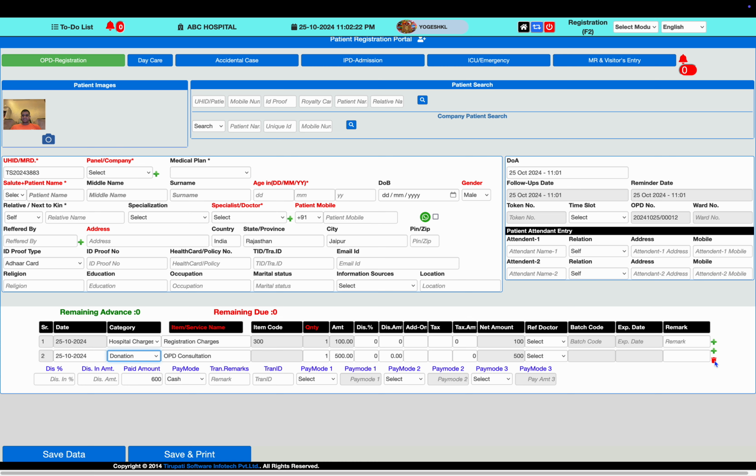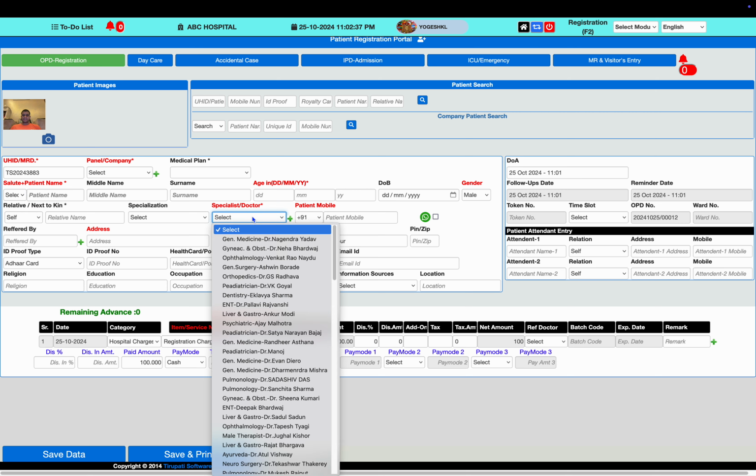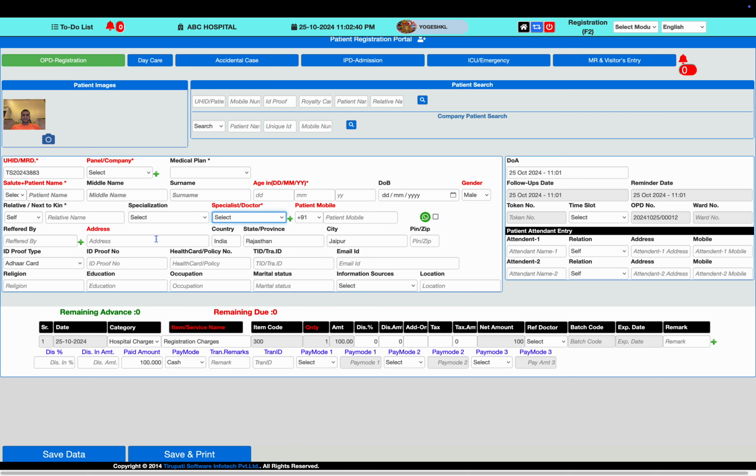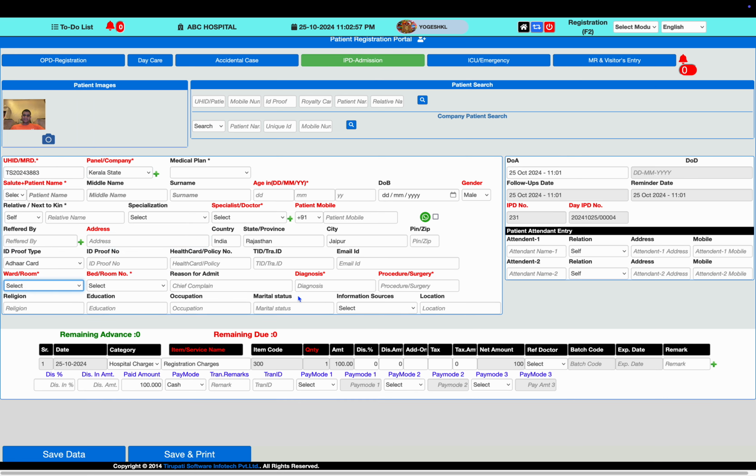So currently let's assume a patient, so we create a new entry. Here you can see some fields like MRD number or UHID number, insurance company or panel company, type of patient, patient name, age, selected treating doctor, mobile number, gender, and address of patient. These are the key features. They are mandatory or compulsory fields before submitting the patient for creating an OP entry. Similarly, while making an IP admission, you also need the patient detail along with the ward or bed and the reason or purpose of admission via diagnostic procedure. You can prepare this record at the time of registration.